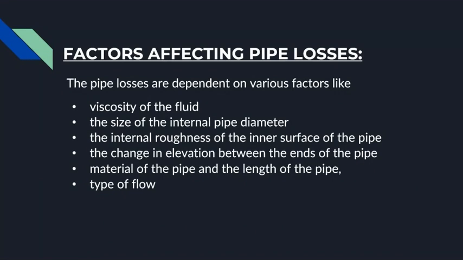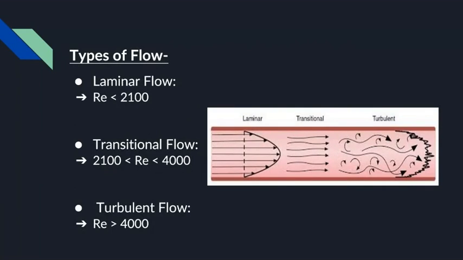Let's discuss the three types of flow that are laminar, turbulent, and transitional. Laminar flow occurs when the fluid flows in parallel layers without adjacent mixing in between. In this type of flow, there are neither eddies nor cross currents. For laminar flow, the Reynolds number is less than 2100. Turbulent flow occurs when the liquid is moving fast with mixing in between the layers. The speed of the fluid at a point changes in both magnitude as well as direction. Here, the Reynolds number lies above 4000.